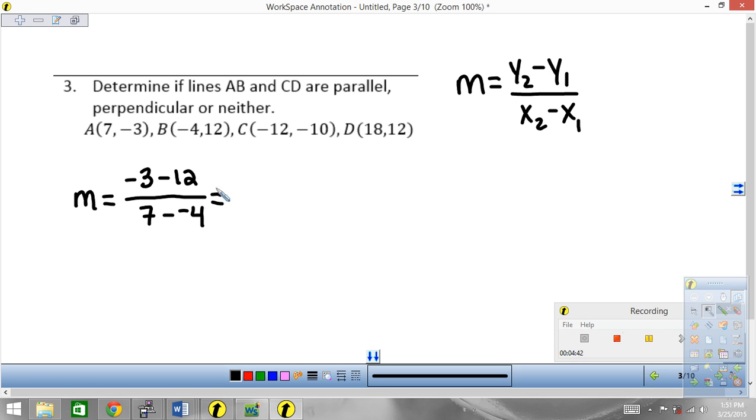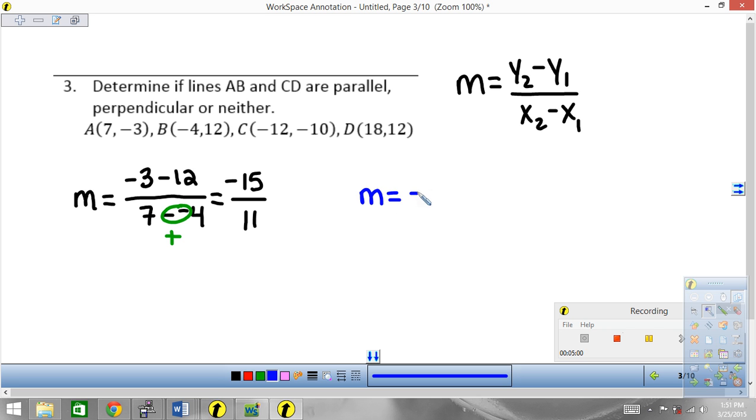You will be allowed a calculator on this test, so if you'd like, you can type these into the calculator. 2 negatives will turn to a positive. So we get -15 over 11. 11 does not divide into 15, so we would leave this an improper fraction. For the next 2,